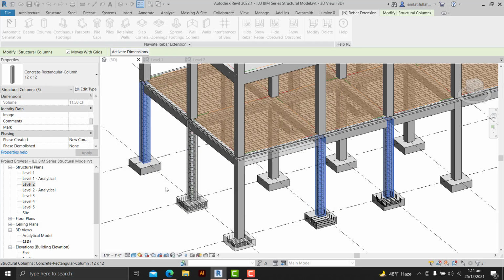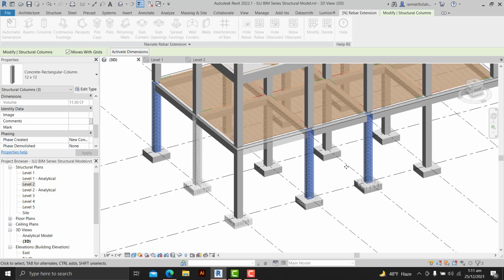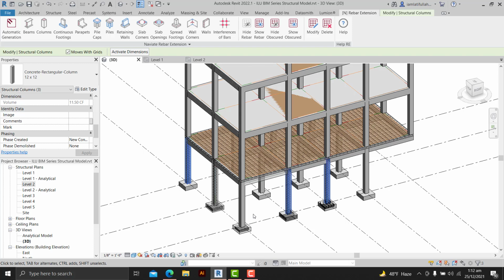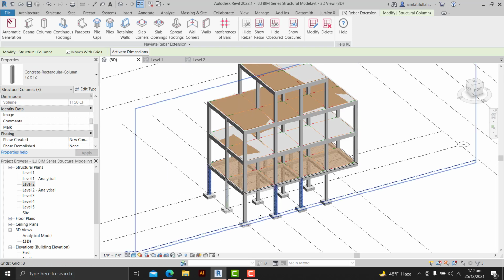So now you see all our reinforcement is placed in these 3 columns. So you can do it separately, or you can also do it in a group or multiple at the same time. So this is how you can add rebars and reinforcement in your structural members.